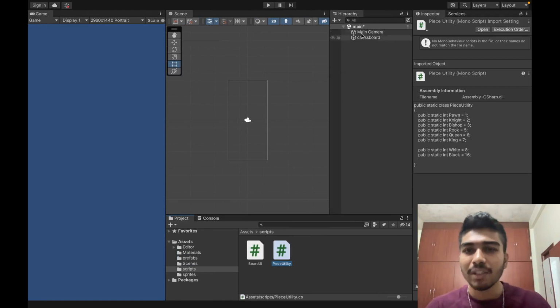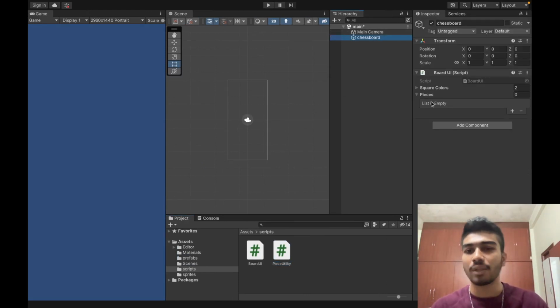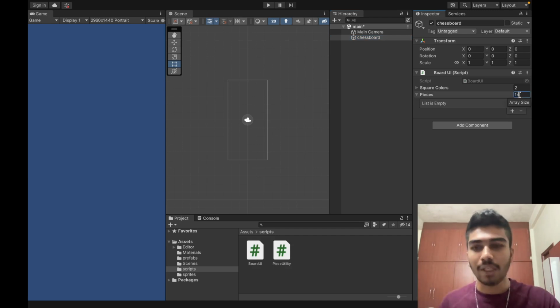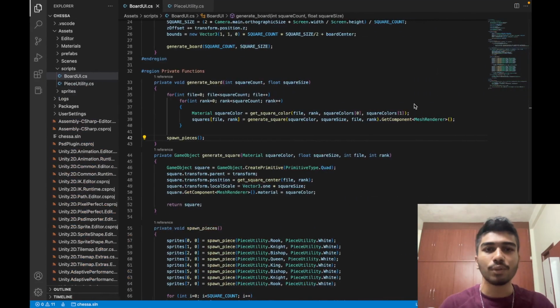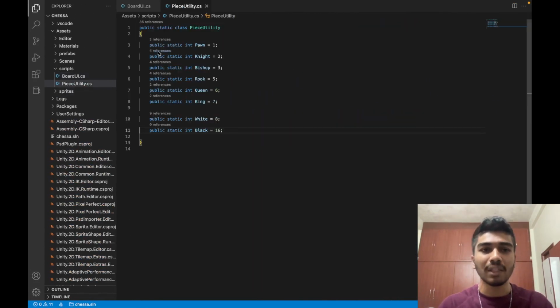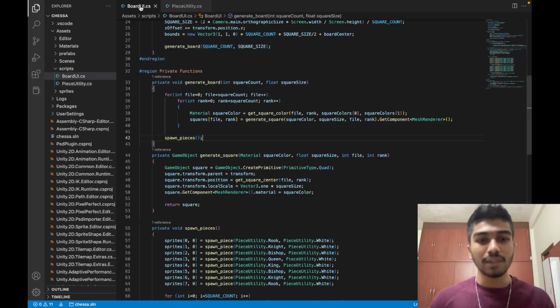Okay, now we just have to make sure that we attach the pieces in our inspector window to the board UI script, just like we did for the two materials of the square colors. And now here's the important part. We have to make sure that the element number over here corresponds to the value given to each piece in our piece utility class minus 1, because let's say the rook has a value of 0, and this is where I said I would explain this line of code over here